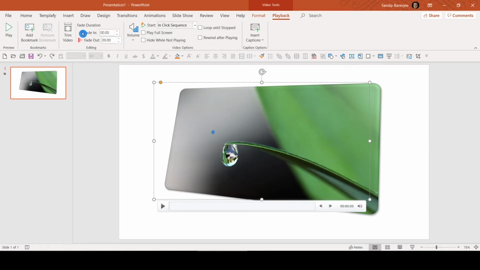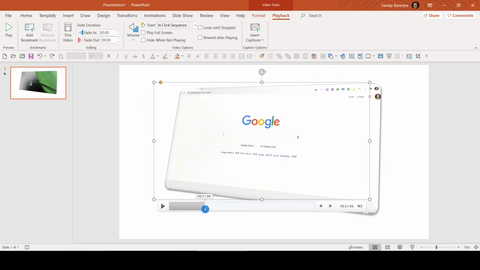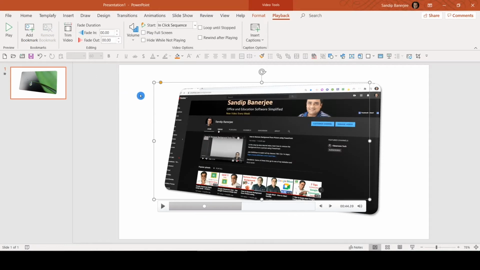You can also configure different things, like one is Add Bookmark. If you wanted to add a bookmark, maybe at this particular point, if I click on Add Bookmark, you can see one yellow dot got added, which is the bookmark. In a similar way, you can add additional bookmarks also. You can see now I added another. So these are the bookmarks you can add. This is absolutely as per your requirement. And if you wanted to remove any bookmark, you just need to select that and you can remove it from here. So this is one of the basic features available.